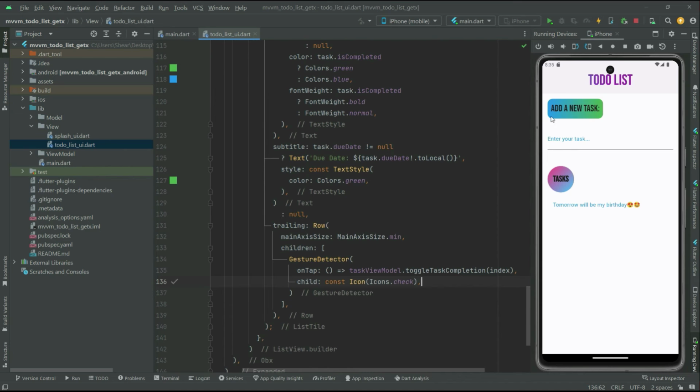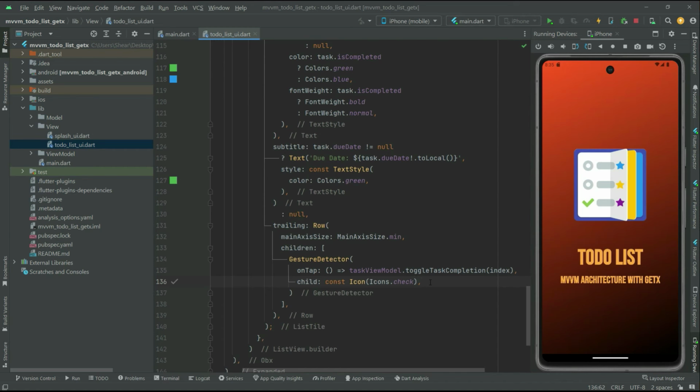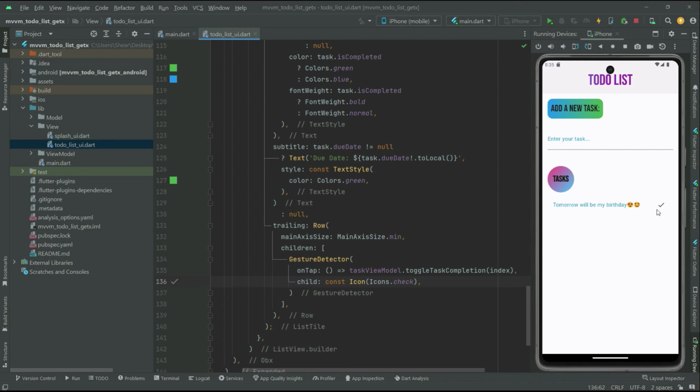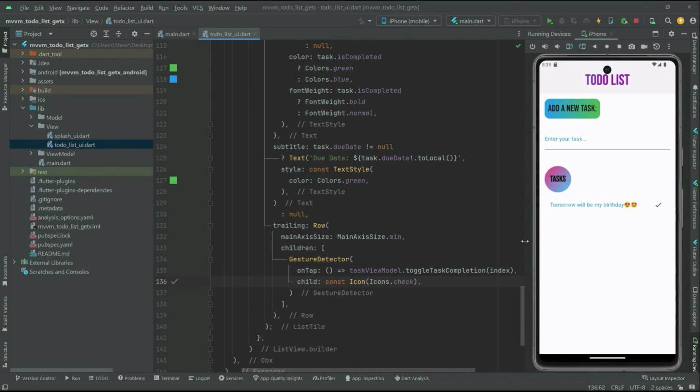Now let's just go ahead and hot reload the app, and let's check the icon for the task completion. There we go. You guys can see now the check over here. Okay, so now if I tap on it, you guys will notice the difference. Just go ahead and tap on it. There we go. It's marked as completed, and there we go with the green color, green check,